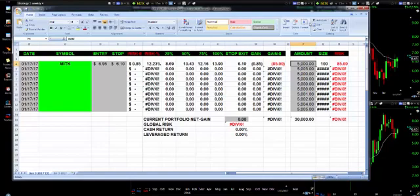We have a risk of 85 cents. And let's just say our account is worth $25,000, all right? If we have a $25,000 account, we would have to buy about 4,000 shares. So, okay, let me do something here. The total amount divided by how many shares we can buy at the entry price. So we can buy up to 3,600 shares, and that would give our $25,000 account a